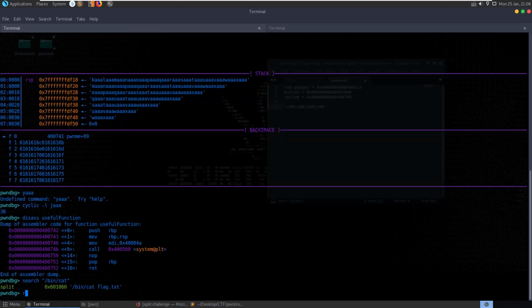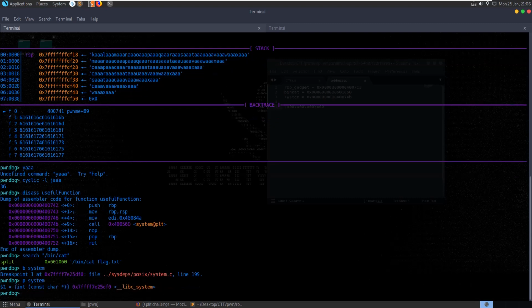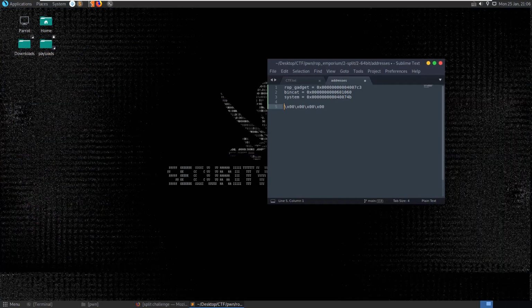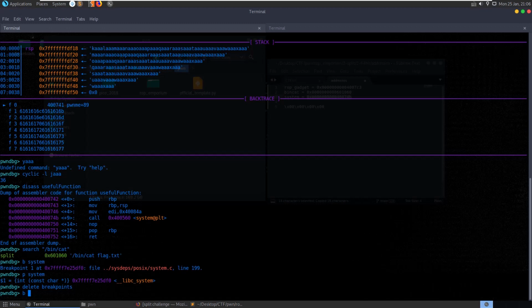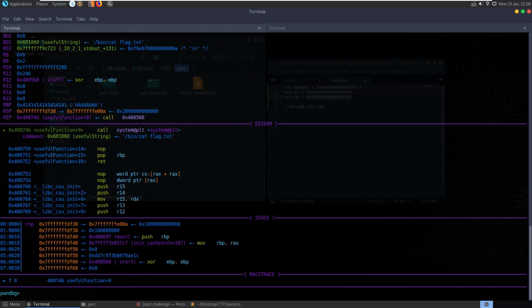If we go back here and try, let's set a breakpoint at system, so p system. Let's delete the breakpoints. Let's grab this system address, and we'll break asterisk for the memory address. We're going to break that address. We're going to run it with payload, and